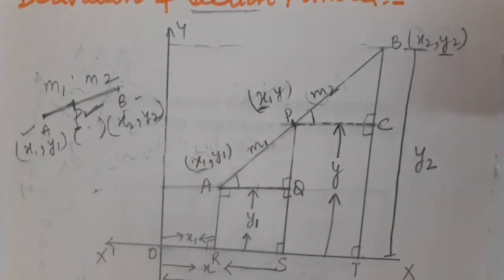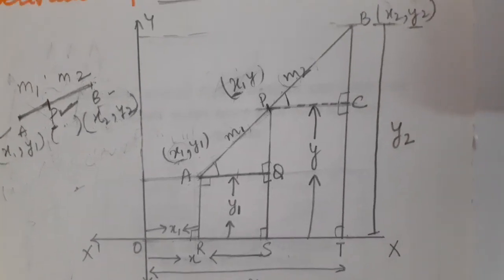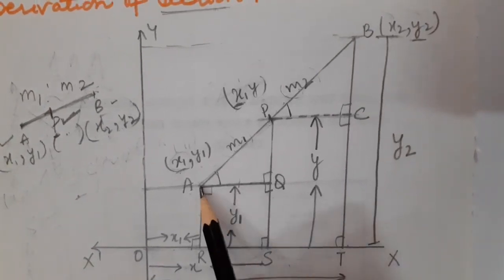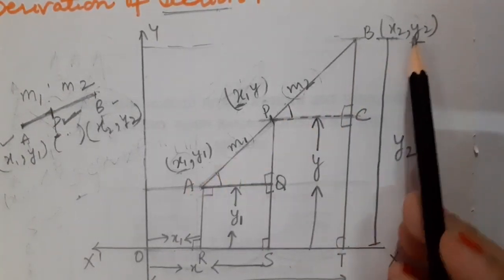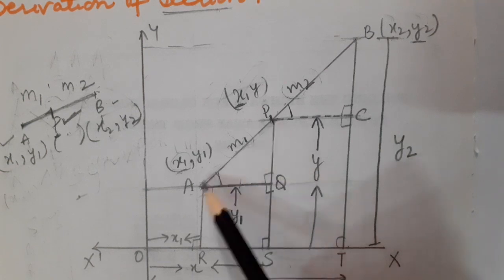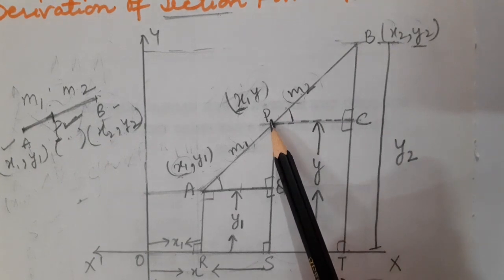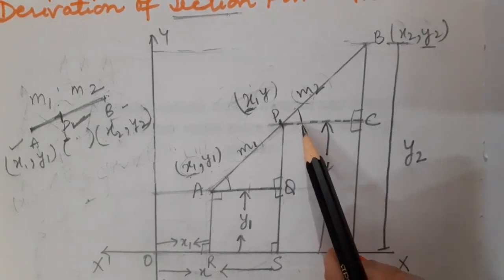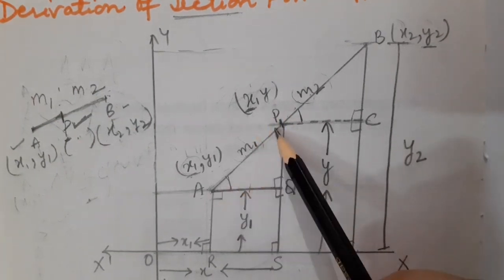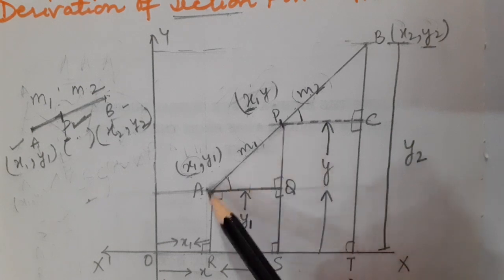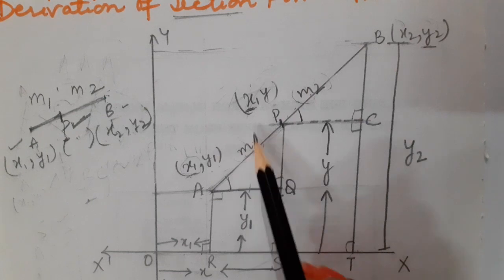So let us once again revise the derivation. First of all, this is a Cartesian plane, children, you can see. Here I have taken 2 points, point A as well as B, whose coordinates are (x1, y1) and (x2, y2). P is that very point which is going to divide this complete line segment internally. So through section formula, we will have to just calculate the coordinates of point P. Let us assume them as (x, y). And we have assumed that point P divides this complete line segment in the ratio m1 ratio m2. So this is all about what is given.